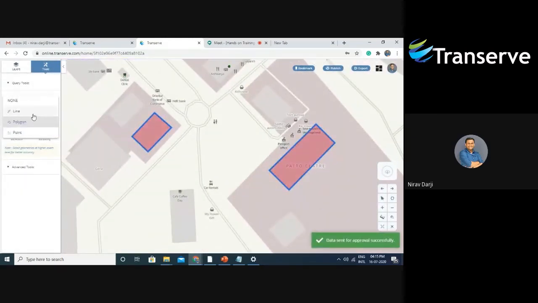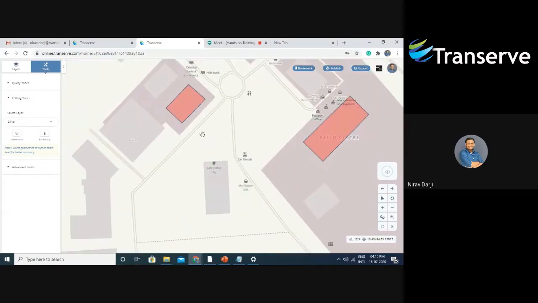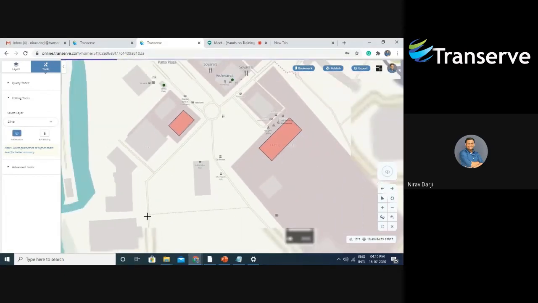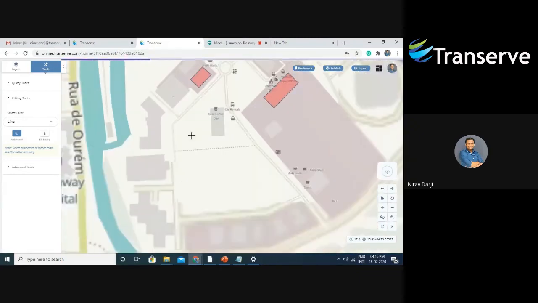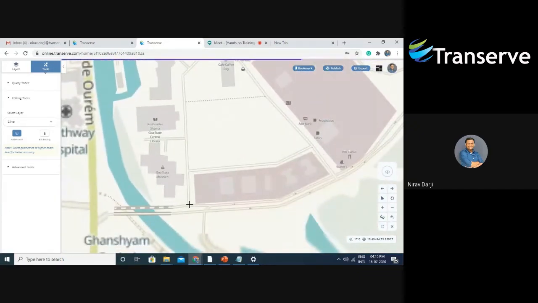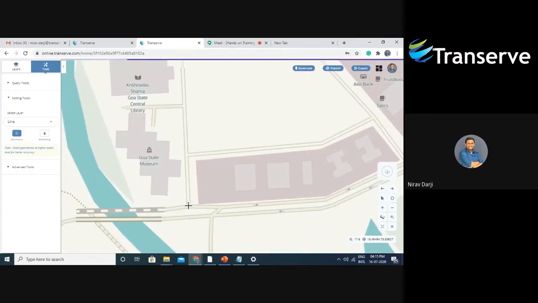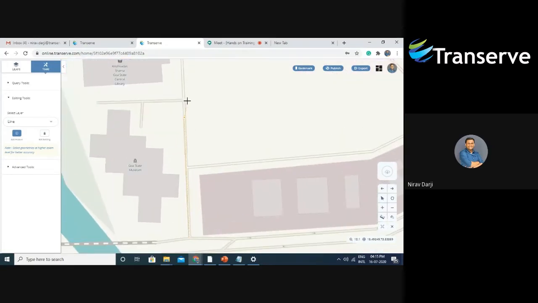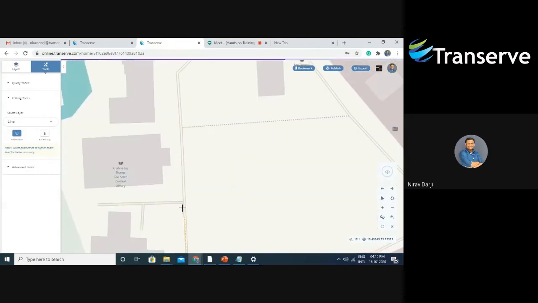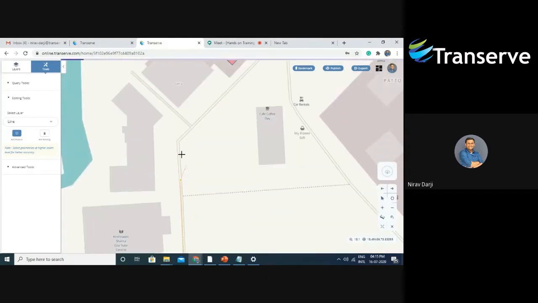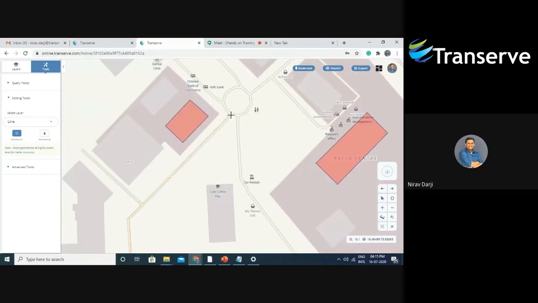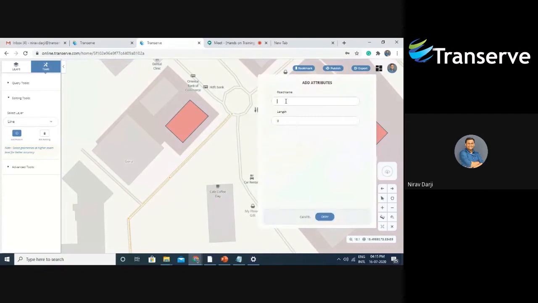Now I'm going to show you how to create a line. I'm going to create a center line here, so I have to zoom in a little. The road name is MG Road, and the length is almost around 600 meters.